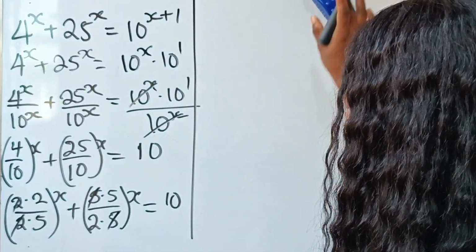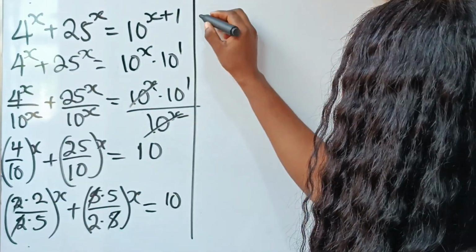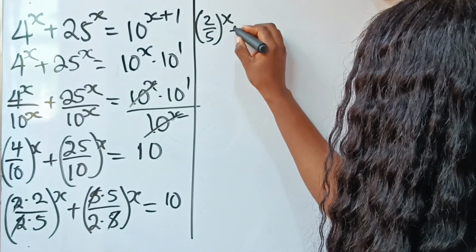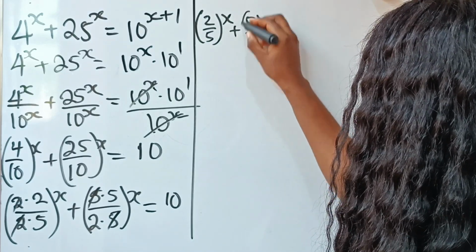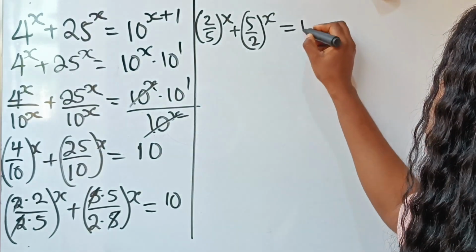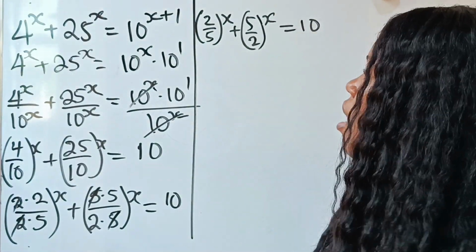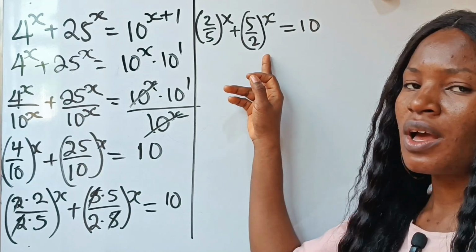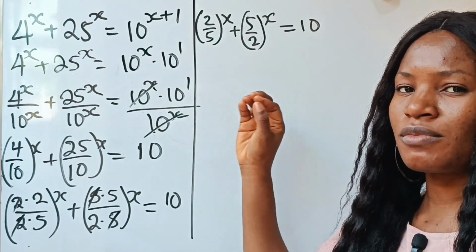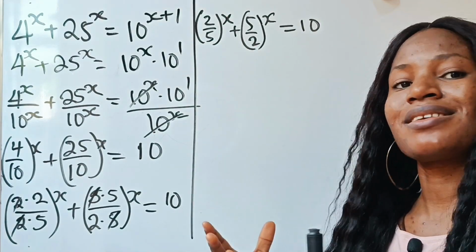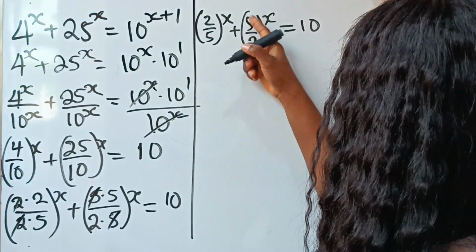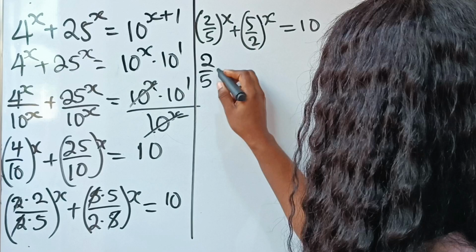So what we have inside the bracket now is 2 over 5 to the power of x plus 5 over 2 to the power of x is equal to 10. Now we have 2 over 5 and we have 5 over 2. Let's try to see if we can get them to be the same thing so that we can easily solve what we have. So to get this, if I turn this, we have 2 over 5 to the power of x plus,